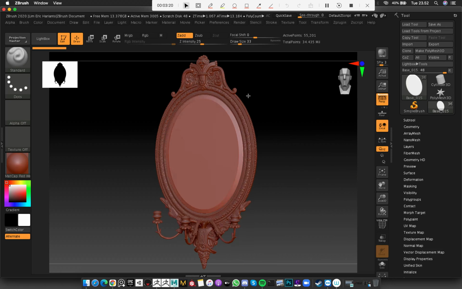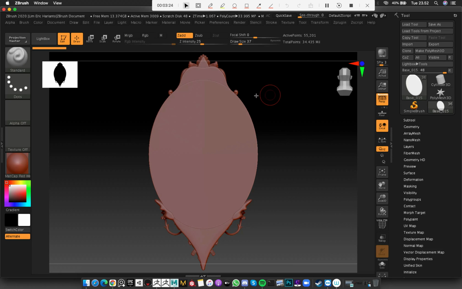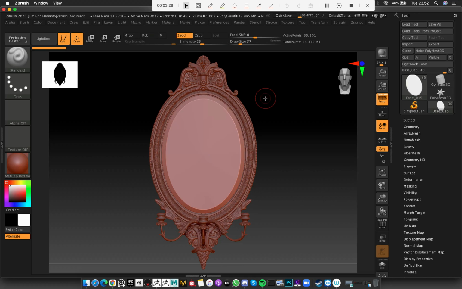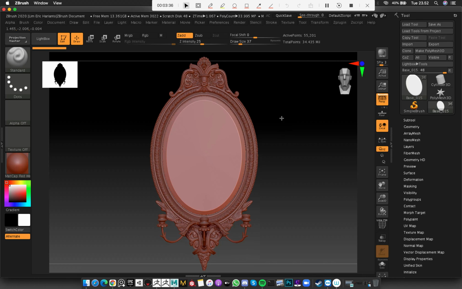Here is the high res for my mirror. As you can see, this is an ornamented mirror, with a lot of ornaments, obviously. So it could be a little bit tricky to make the low poly version of this, the in-game version, for this, because